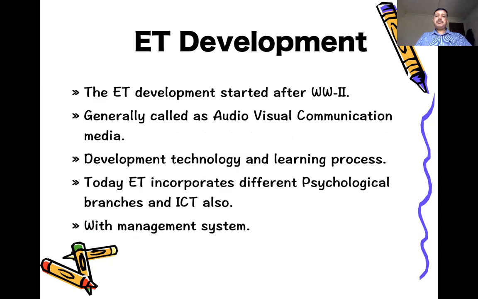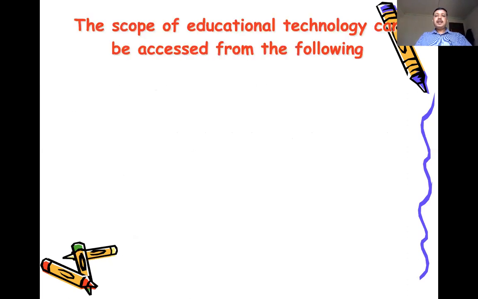Education technology development. We already discussed this after the Second World War, generally called audiovisual communication media, developmental technology and learning. Today, education technology incorporates different psychological branches and ICT also with management systems. The scope of education technology can be assessed from the following: